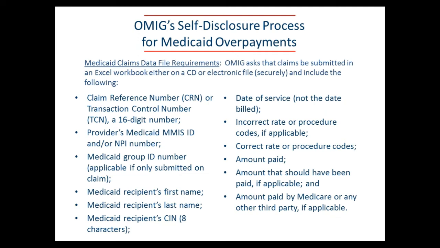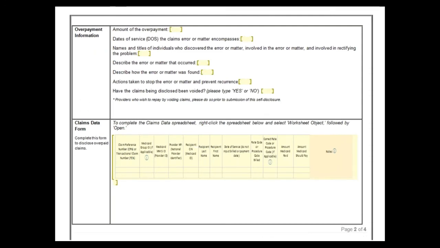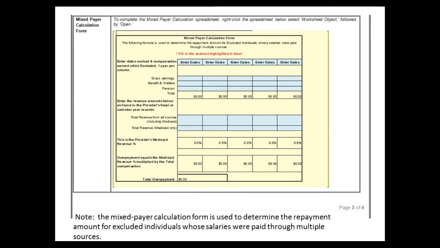I won't spend too long on this slide, but if you want to go back and look at the exact elements of what OMIG expects in terms of the data fields for the claims constituting overpayments, there's a list right here on page 47. The next few pages actually is the OMIG's electronic portal form itself, so you have a sense of the type of information they're looking at. It's available on their website, but we thought it would be useful to have it here. That's the next 4